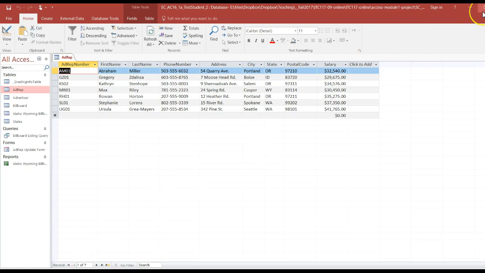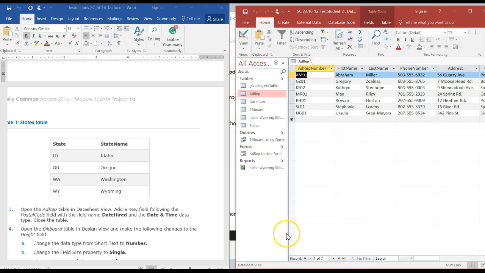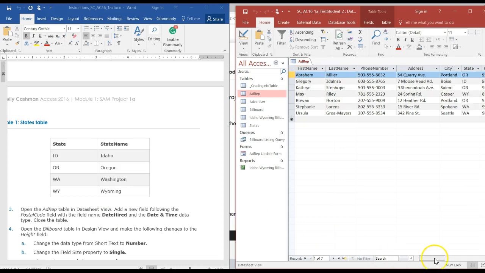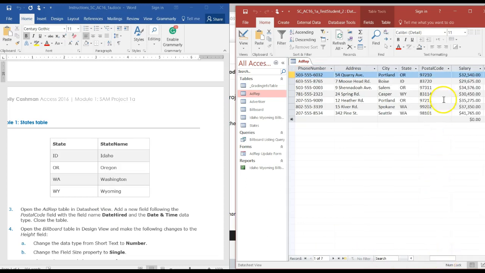So in this table, we're going to make some changes. We're going to add a new field called DateHired, and the data type for that is Date and Time. I would like to add this after PostalCode, that means following the PostalCode. Since I need a new field between the salary and postal code, you can actually